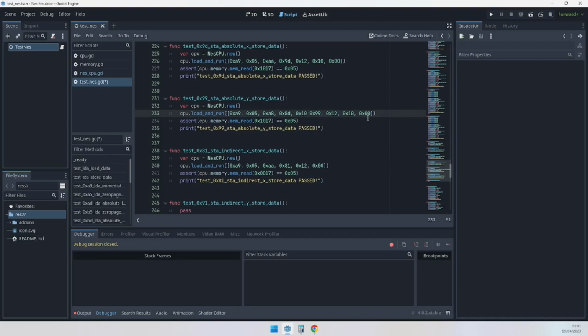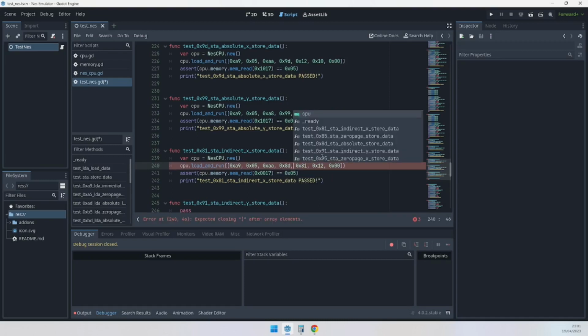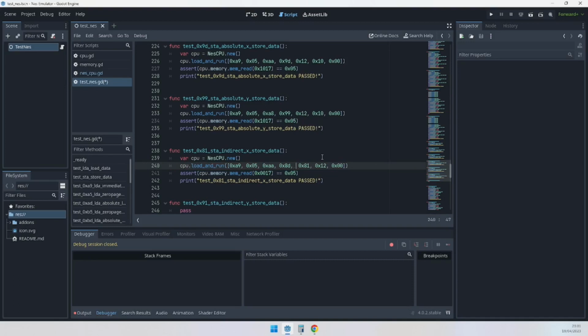Let's say 10. So we are going to store 5 into cell 10. And then we are going to, oh, I am writing in the wrong line. So we are going to store